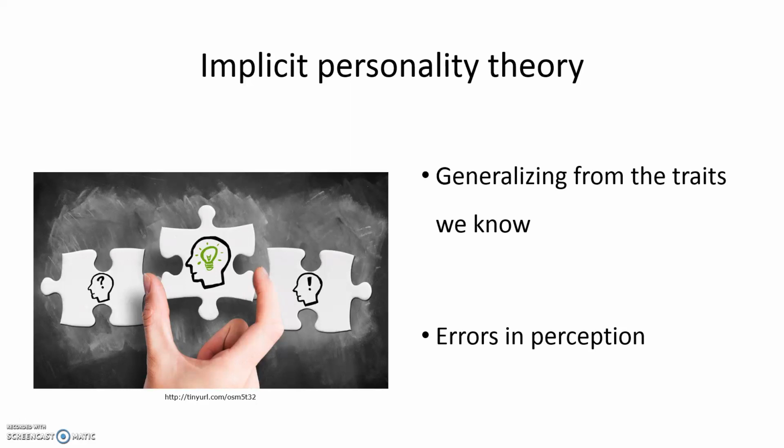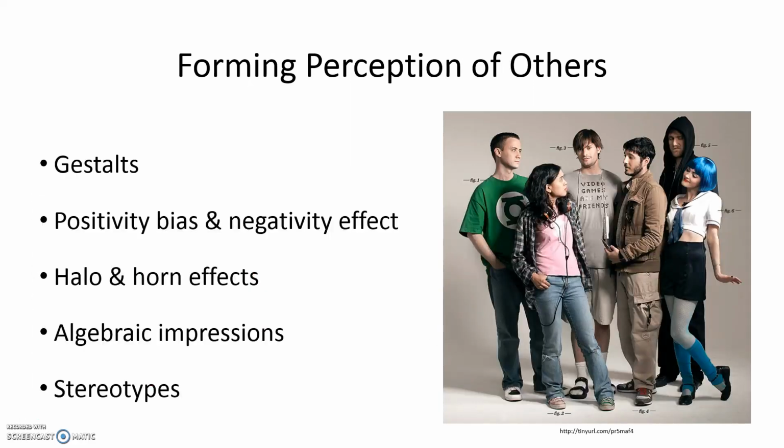We usually tend to do this because we clump different traits together. So if someone is very quiet, we tend to assume that they must be shy and that they don't like going out and doing things with other people. That's not necessarily true. Implicit personality theory at work. So as we form perceptions of others, it's really important to think about how we want to be as accurate as possible and how we want to avoid those errors.